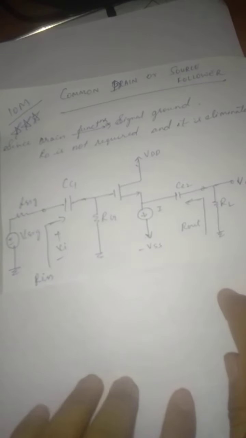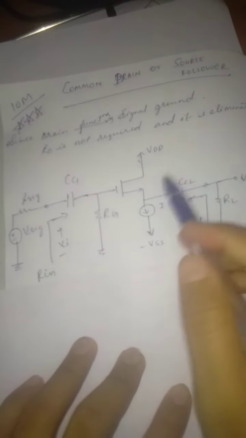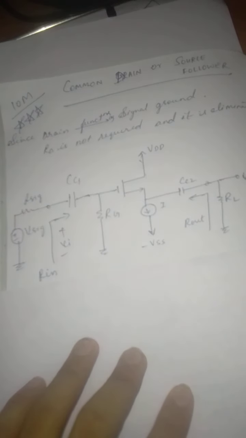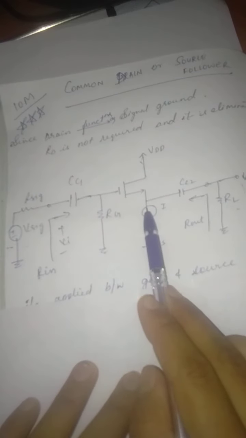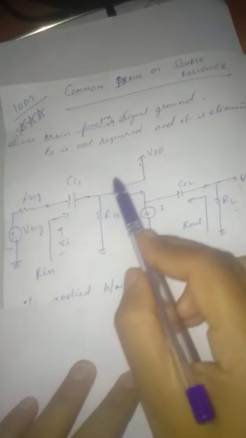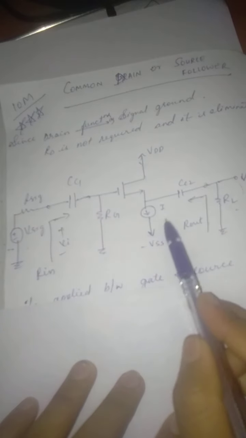So now moving on, let me first show you the circuit. So this is the circuit. When we observe here, the drain terminal is going to be at ground, and whatever input we have, we are giving it to the gate. We can observe that this is our input, which is given to the gate, and this is our output, which is taken from the source terminal. Now, how to remember the circuit? Again the same logic holds good: biasing using a constant current source circuit, with input at the gate and output taken from the source terminal.